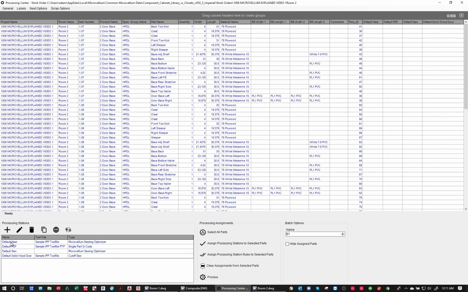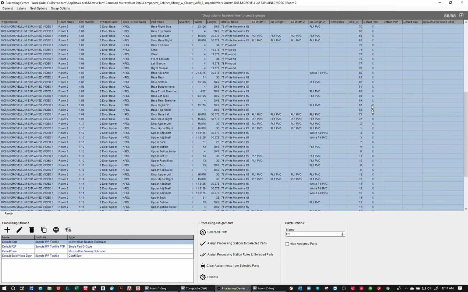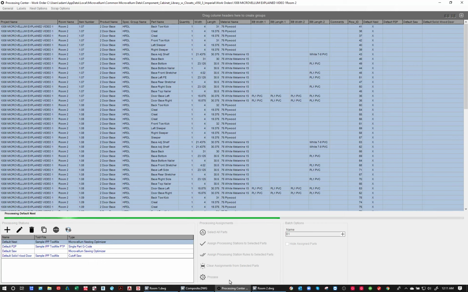But right now I just want to nest everything, so I'm going to select the nest. I'm going to select all the parts, and I'm going to assign that processing station to these parts. So see here, nest has been assigned. Nest has been assigned. And I'm going to process this. Again, real time. I have not done anything crazy here. And once this is processed,